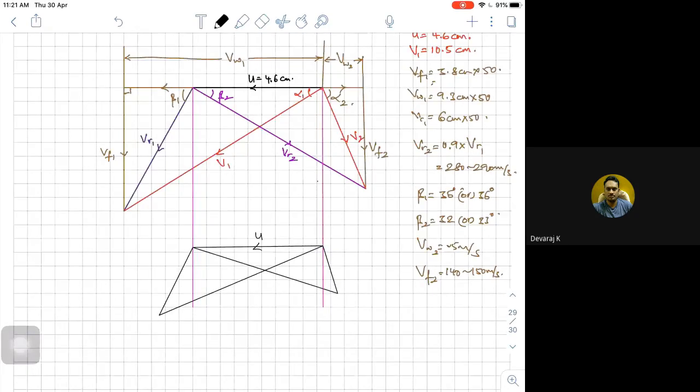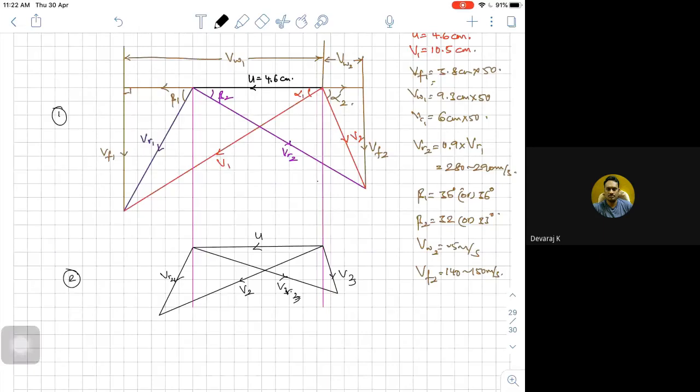So this is for the first stage, and I may be going for a second stage. I'm just giving a clue how, if I have a second stage turbine, I can solve the problem using velocity triangles. If I have taken 1 and 2 here, without any losses, this will be your corresponding V2, and this will be your VR2. This will be your V3, and this will be your VR3. So 1 to 2 is my first stage, 2 to 3 is my second stage, 3 to 4 is my third stage. Like that you will go on.